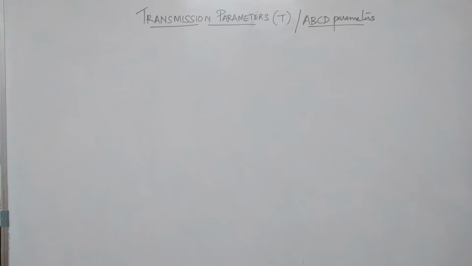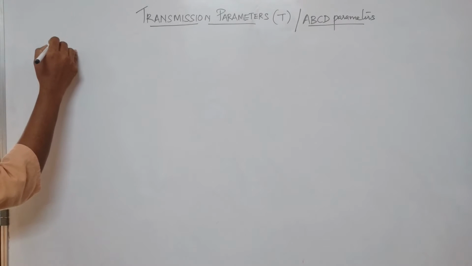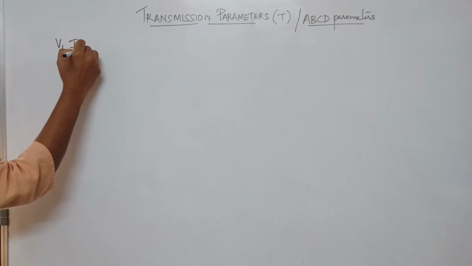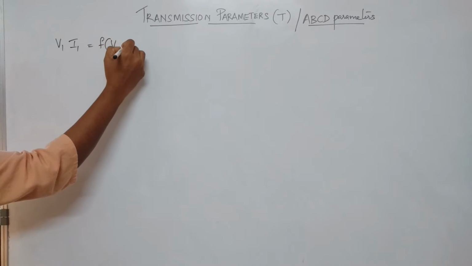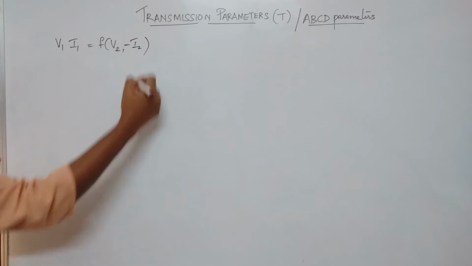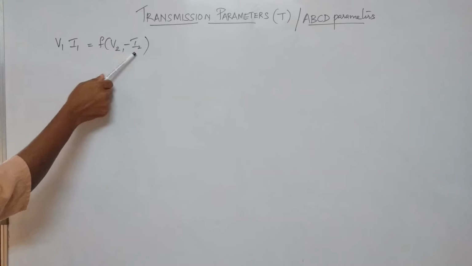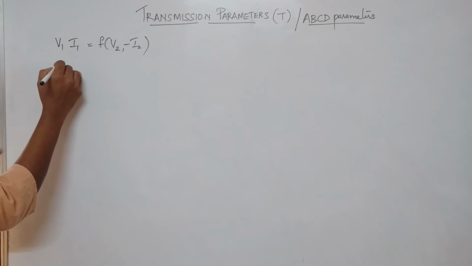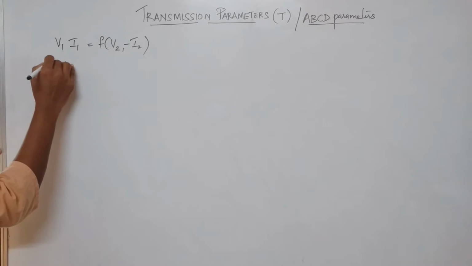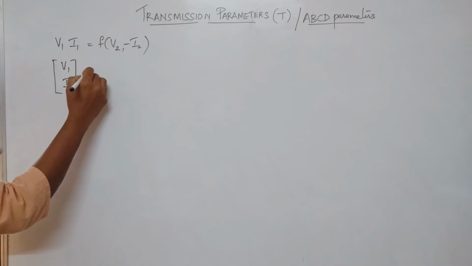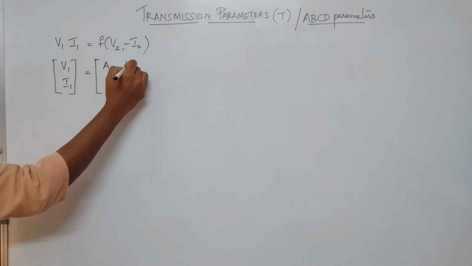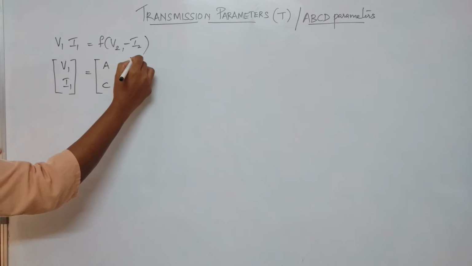Transmission parameters, or T parameters, also called ABCD parameters. The basic definition is that V1 and I1 are expressed as a function of V2 and minus I2. That is, input port parameters are expressed as a function of output port parameters. In matrix form, this can be written as V1, I1 equal to the matrix A, B, C, D,